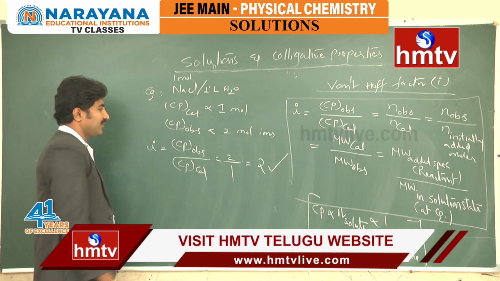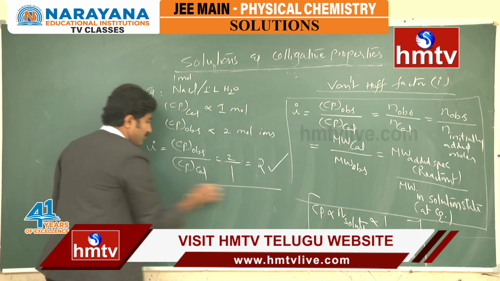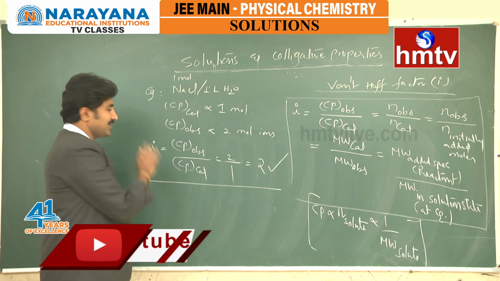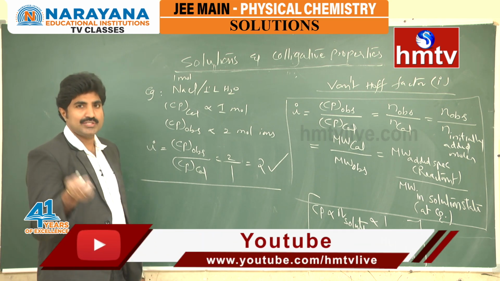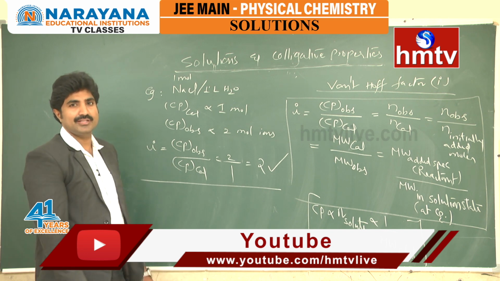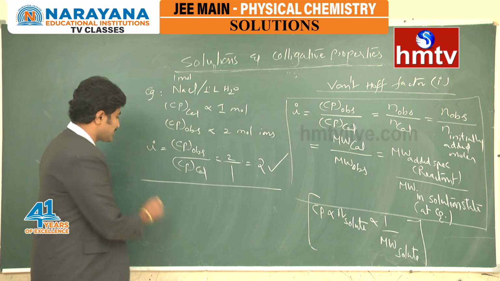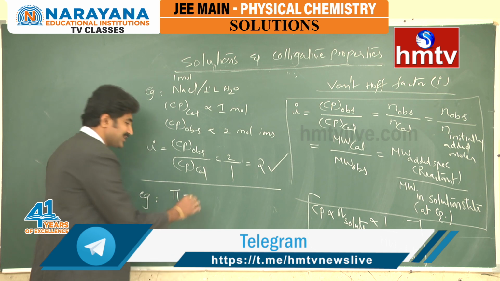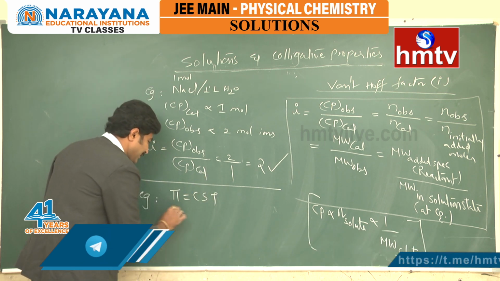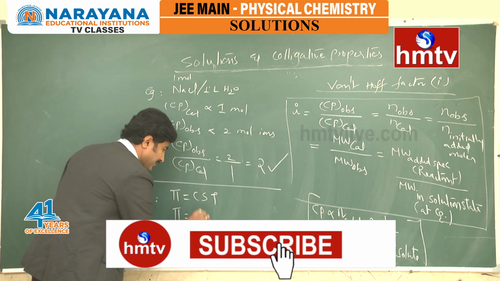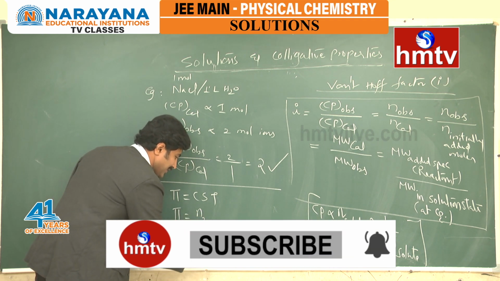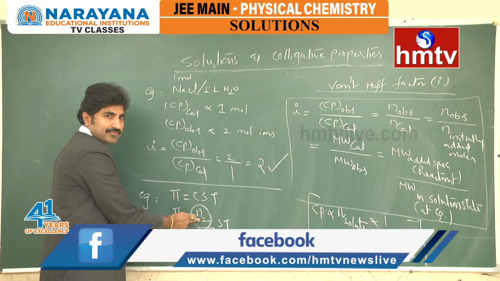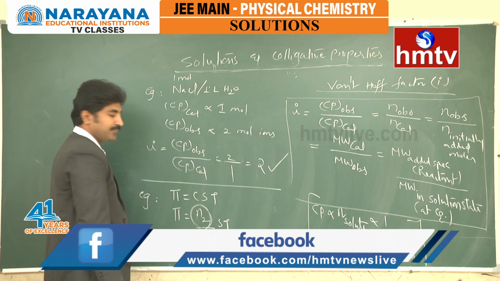Based on this Van 't Hoff factor we can understand how to correlate the given colligative property by using the Van 't Hoff factor I. How does this Van 't Hoff factor I explain abnormal behavior in the solute? Here I am giving one example, you can understand. See this example, osmotic pressure. What is the osmotic pressure equation? Pi is equal to CST. From this we can write pi is equal to, what is molar concentration? Number of moles of solute by volume in liter, into ST. If it is observed moles of the solute, the observed colligative property comes.